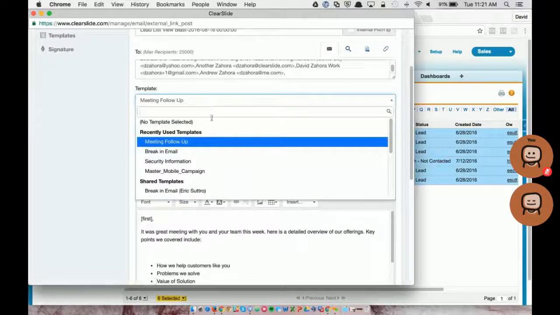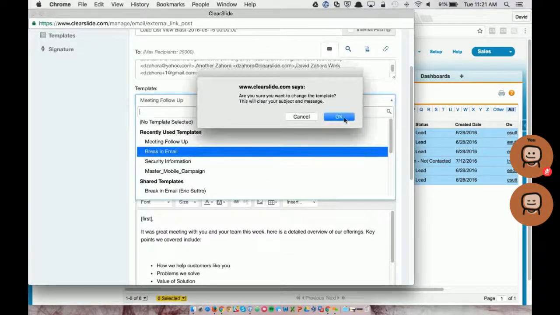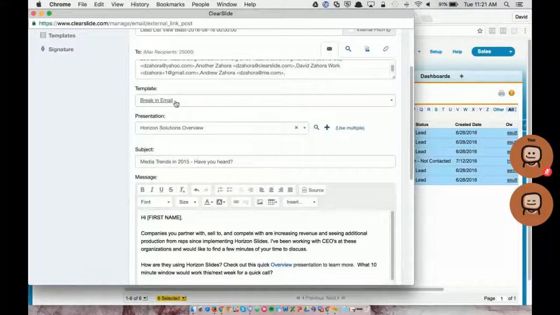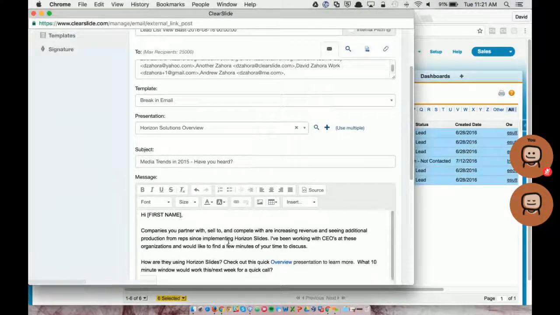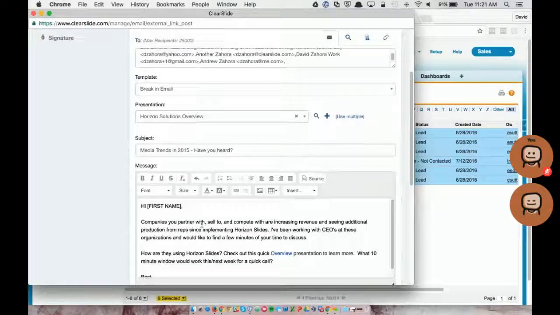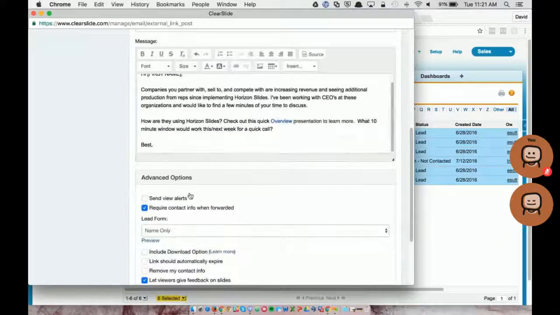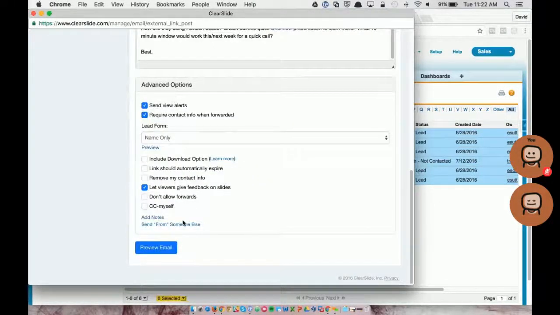So this was a break-in email to a bunch of new leads, so we're just going to select our break-in template, which has our marketing-approved piece of content ready, all of our nomenclature set up and pre-approved, and we're going to go ahead and have the options to choose what we want to do when we send this presentation over